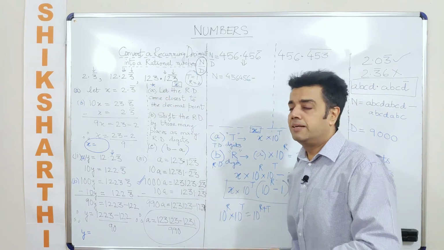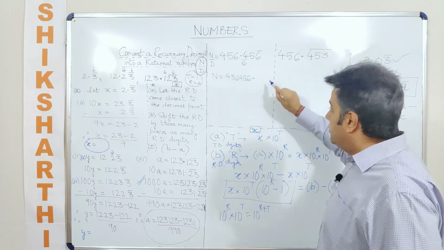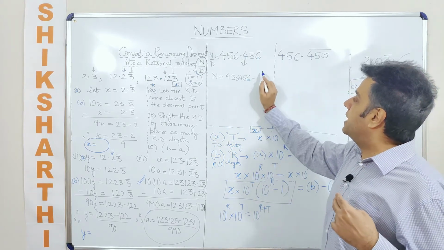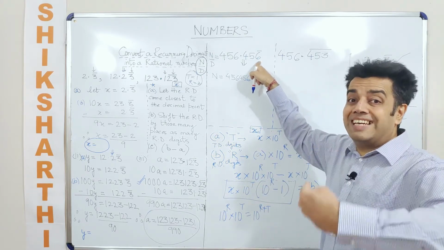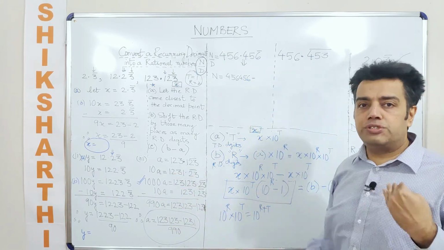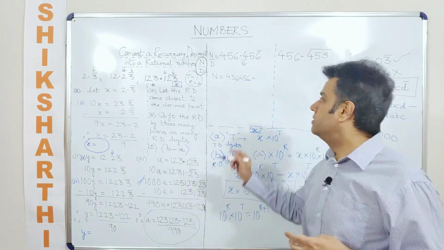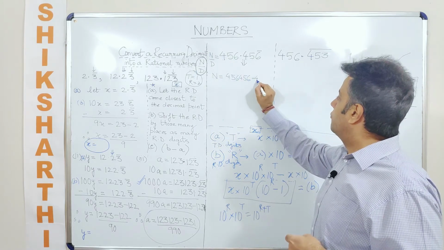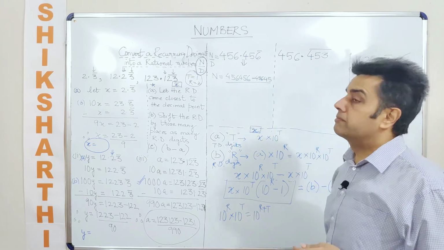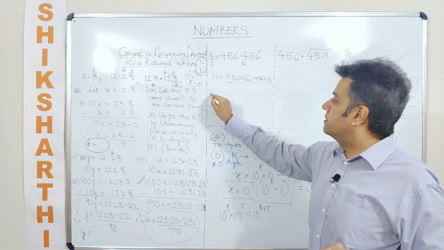From here you get a hint. What am I supposed to subtract here? From the given digits, the digits that you had taken, take all the digits in the same order. From this number you subtract the non-recurring digits as it is in the same order. So when you are doing this, take the order 4, 5, 6, 4, 5. This is your numerator. Okay, not talking about the denominator.